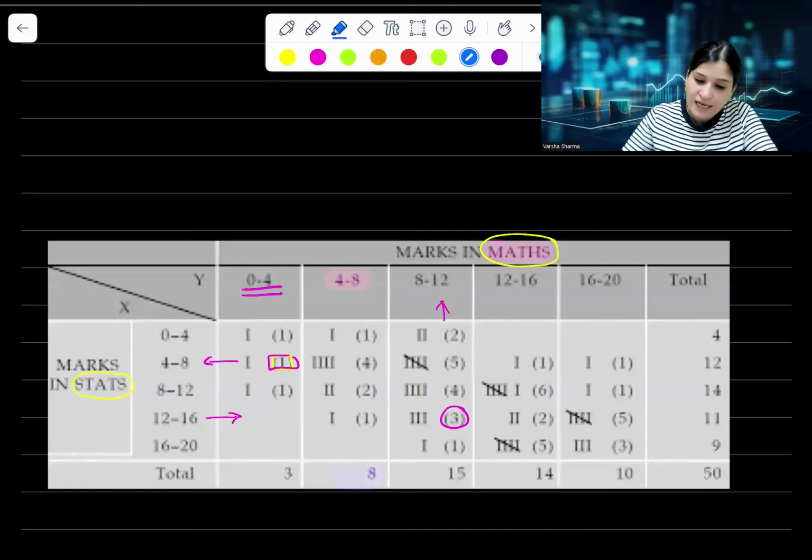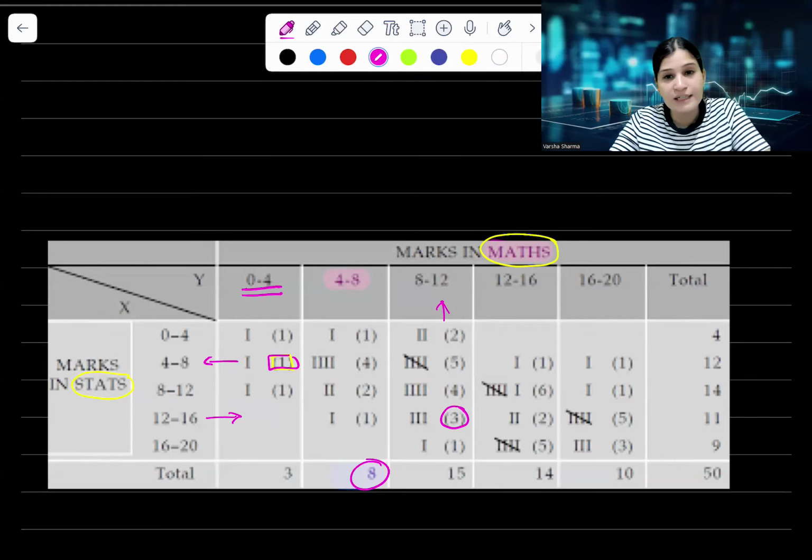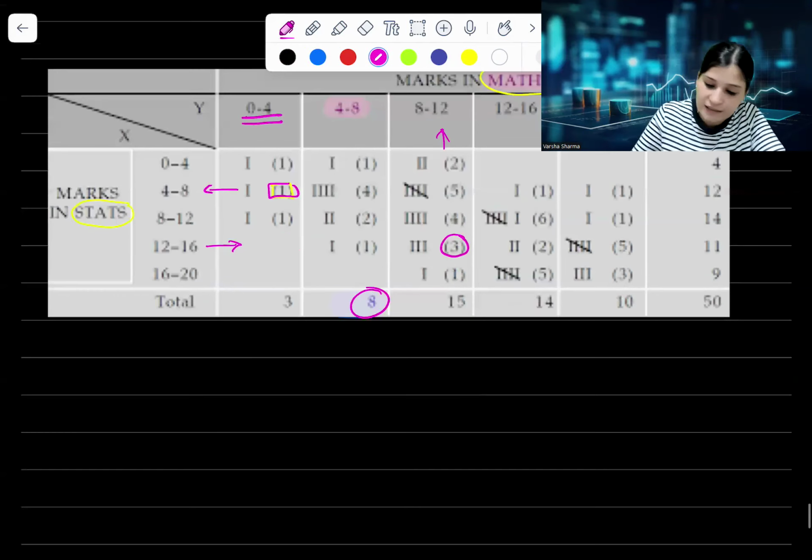These 8 students have got marks in maths between 4 to 8. Do you all agree? Yes, ma'am. What is the total of 8 to 12 in maths? 15. So from a bivariate data, let's first talk about